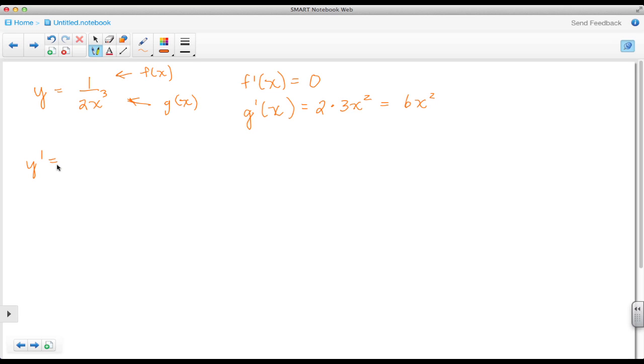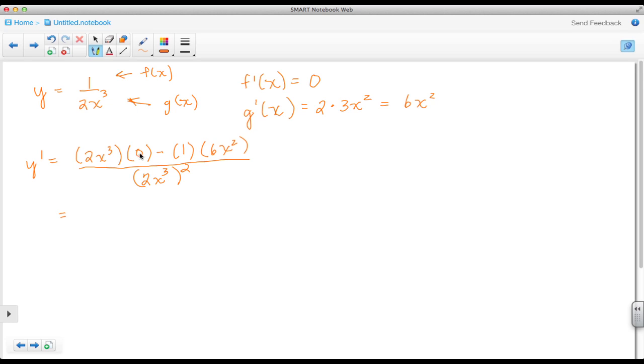With the derivative, I go ahead and I write the denominator first, which is 2x cubed, and that's going to be multiplied by the derivative of the numerator, which is 0, minus, now I'm going to write the numerator, which is 1, times the derivative of the denominator, which in this case is 6x squared, and I take the original g of x, and that has to be squared. So 2x to the third, and that quantity there is squared.